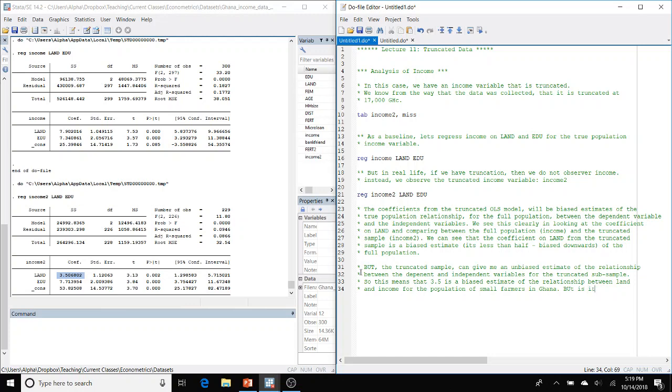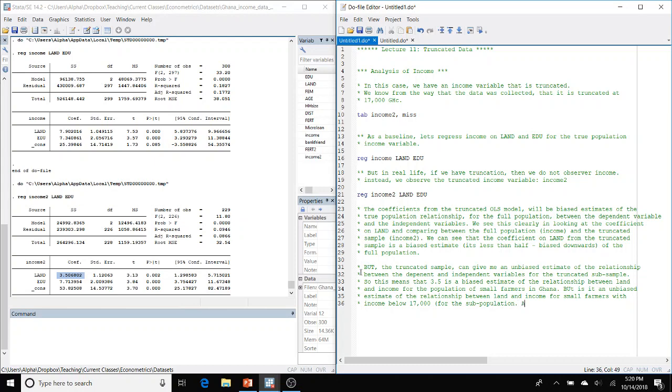But it is, assuming it is an unbiased estimate, of the relationship between land and income for small farmers with income below 17,000. So basically, for the subpopulation,